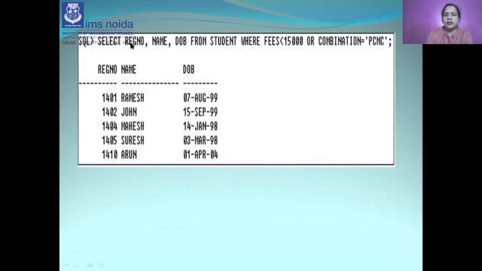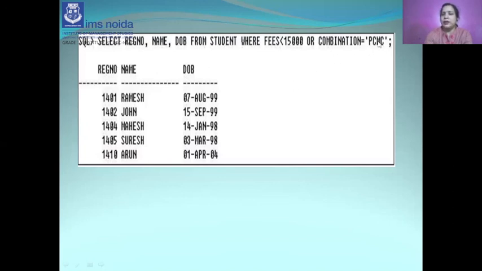SELECT registration number, name, date of birth FROM student WHERE fees < 15,000 OR combination = PCMC. So either the combination is PCMC or the fees is less than 15,000, we want to display all those records.